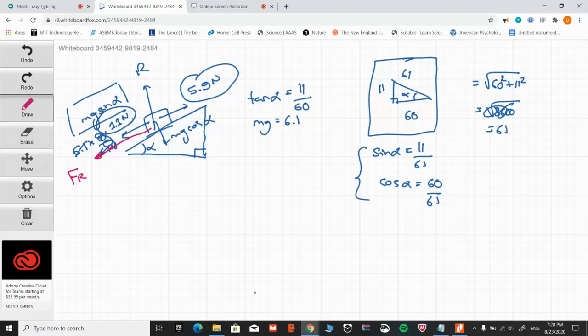So we know from the question from part 1 that the block remains at rest. So it must mean 1.1 plus friction is equal to 5.9. So friction is equal to 4.8 Newton. Now,